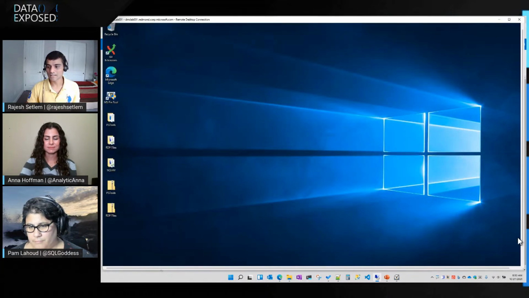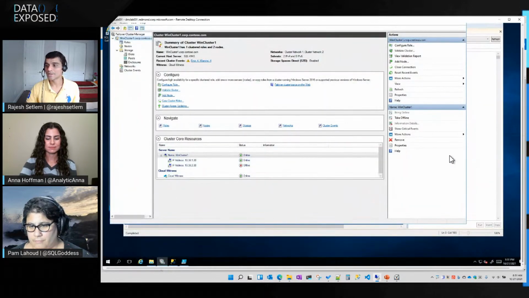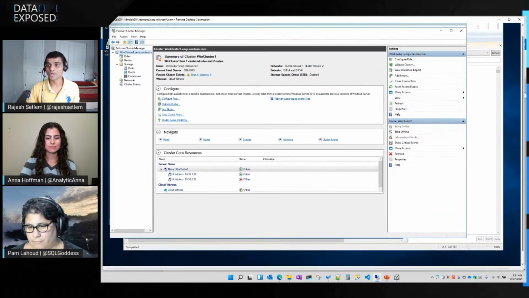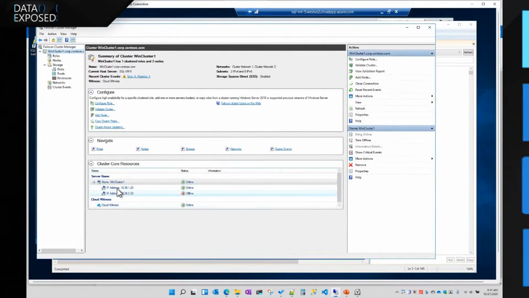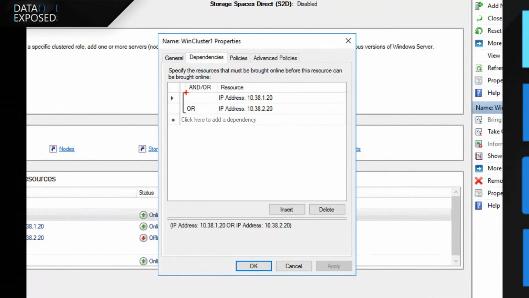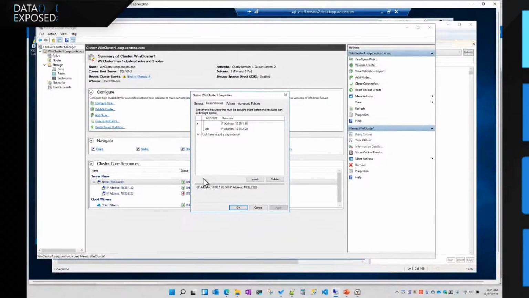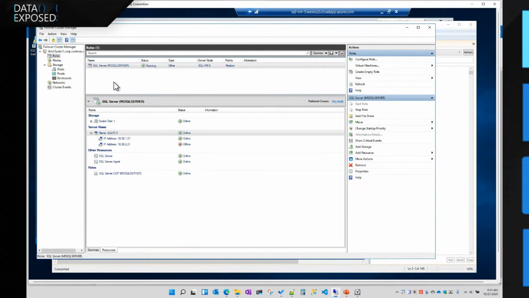I'll show this FCI. We'll also do a quick failover and see how things work. So here I am in the Windows. I'm in one of those VMs, and similar to what we saw in the AG world, on the Windows cluster side, everything is exactly the same. You have the same OR dependency, pretty much exactly the same. By now you have pretty much got the concept, right? With OR dependency, we create the cluster, and that's about it. If you explore the FCI part, which is where we want to get into,